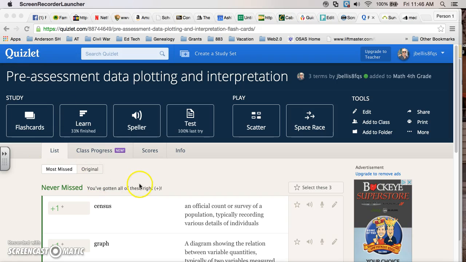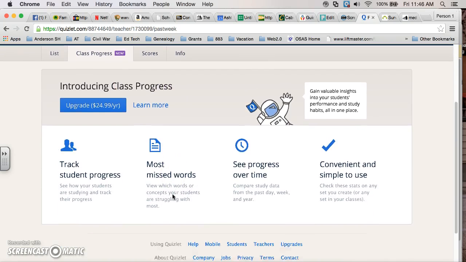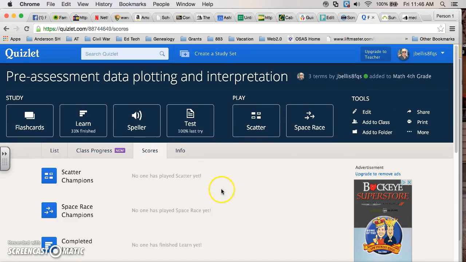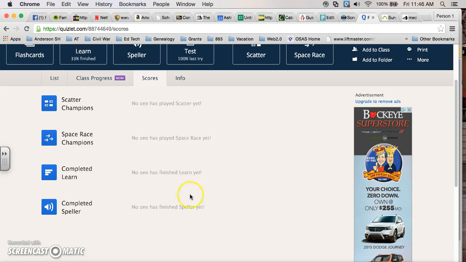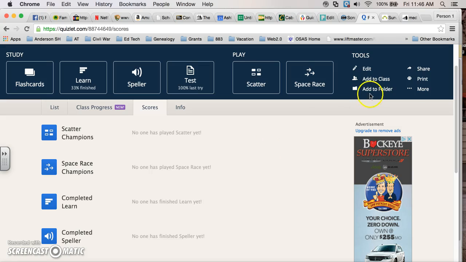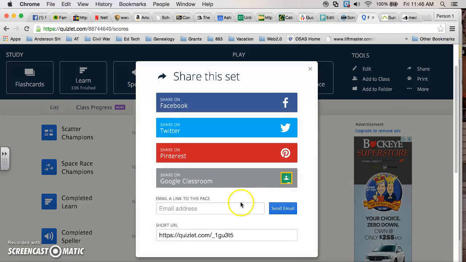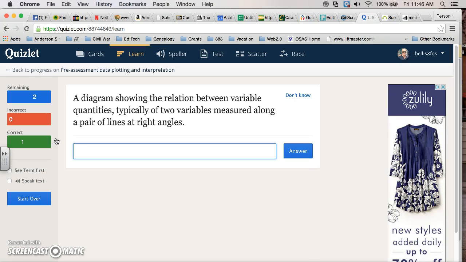So if you click on go back to Quizlet, then you can actually take a look at class progress, but apparently you can't because you have to pay for it. And then you can go to scores. So after you actually have data inserted in, having shared it with your colleagues in your group, you should be able to come up with the score of those who completed Learn, etc. All right, so let's talk about another one,